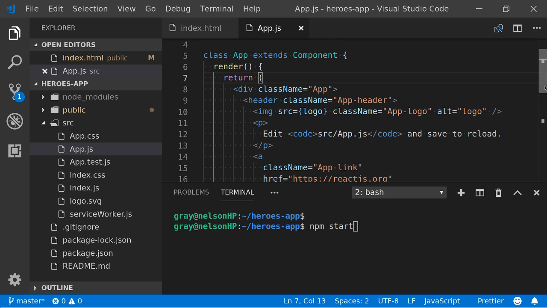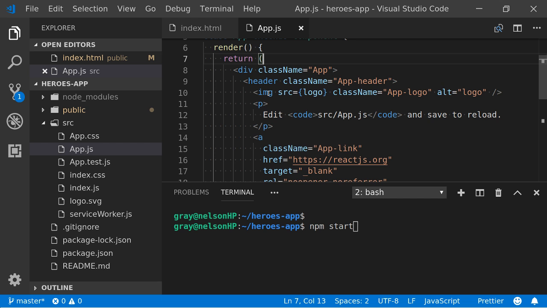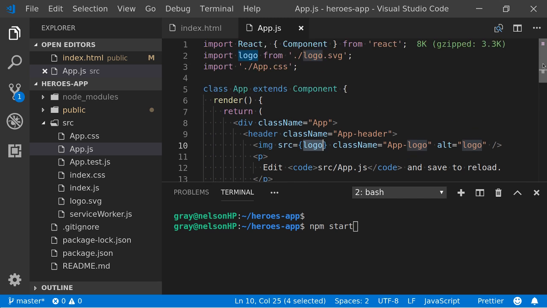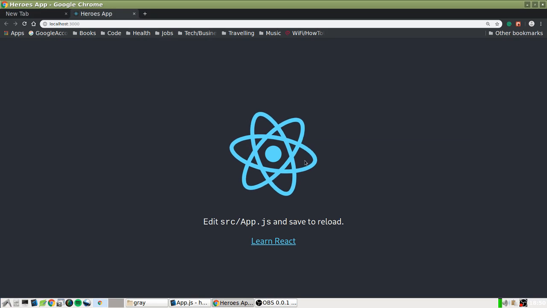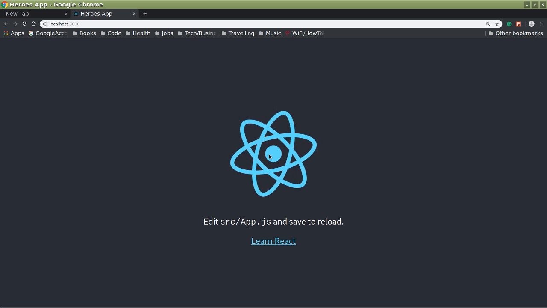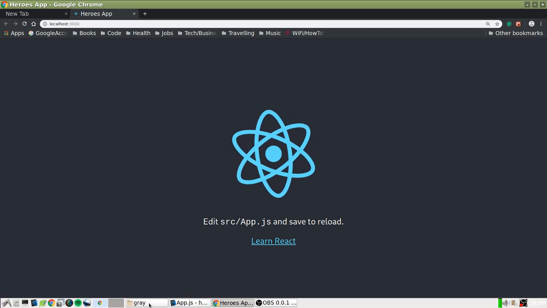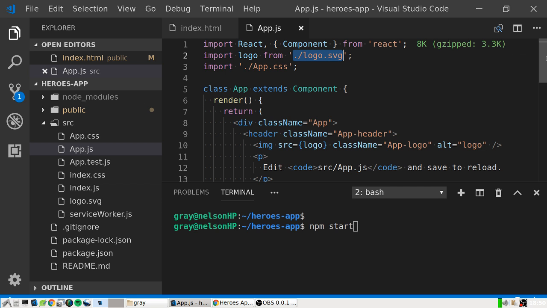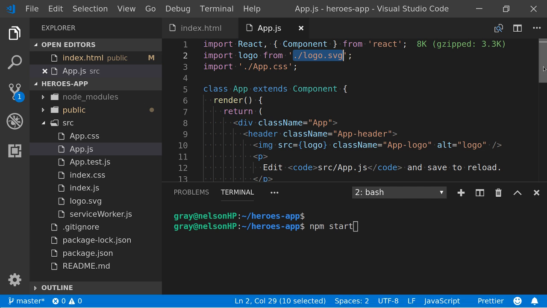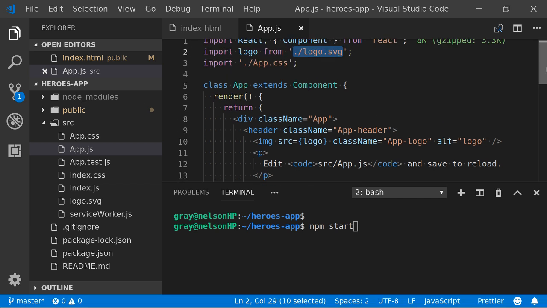So, looking at this code then, we can see there's an image been inserted here, and they're getting it from a logo, and that logo has been imported from a separate file here. So that logo is actually that thing that's spinning, yeah? So we can use that, the way that it's been demoed to us there, to actually add our own images.